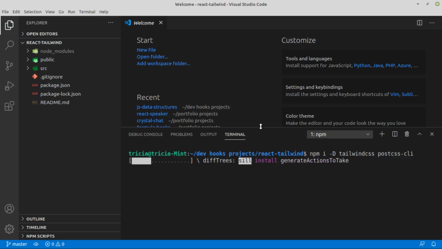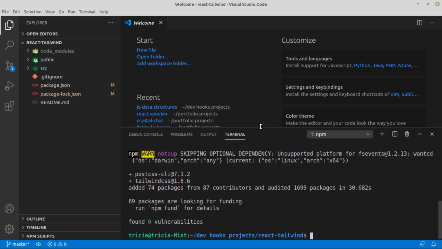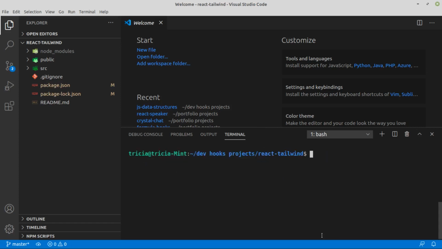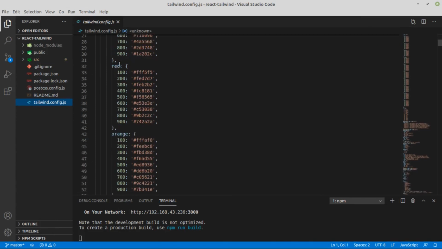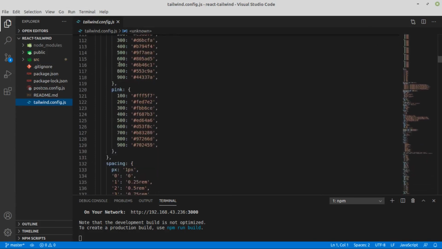Now we need to initialize Tailwind CSS by creating the default configurations. This command creates a Tailwind.js file in your project directory. The file contains the configurations such as our colors, themes, media queries, and so on. It's a useful file that helps with predefined sets of properties which will aid the need to rebrand certain conventions